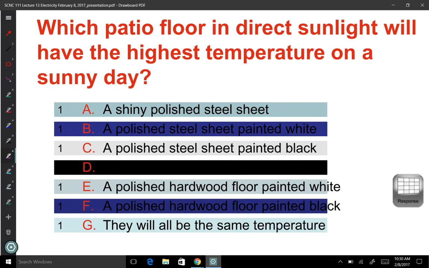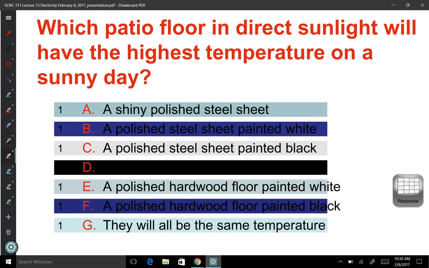All right, so now we're halfway through the lecture, and we got our first clicker question. Which patio floor in direct sunlight? Now I want to make sure this is clear. All these floors are making good contact with the earth, and they're all getting direct sunlight from the sun. And unfortunately,